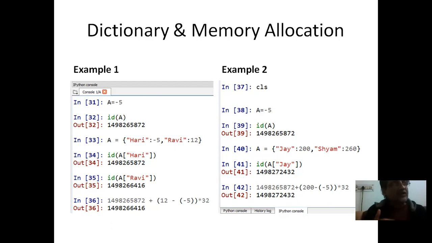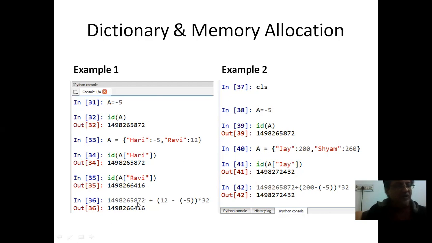So if I want to find out the ID of A Harry, A is a dictionary now, and for the key Harry the value will be minus 5, and the corresponding ID I'm getting is 149826587, and this ID is the same as the ID of A equal to minus 5, because the moment you are assigning a value that is a short integer, the memory location allocation style is what I have shown you. And if you say A Ravi, the value is 12, the corresponding ID we will get